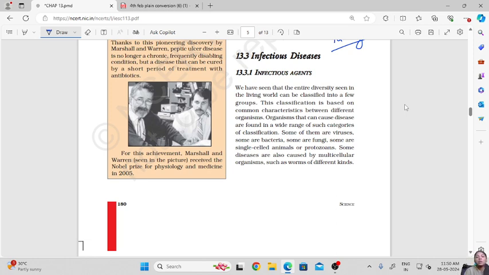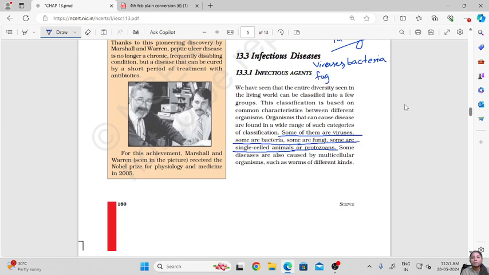Then the organisms that can cause diseases are found in a wide range of such categories. Like some of these organisms are viruses, some are bacteria, some are fungi, and some are called single-celled animals, which are the protozoans. So we have seen here diseases can be caused by viruses, bacteria,